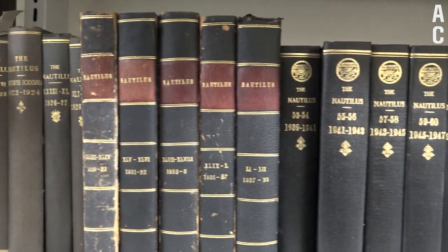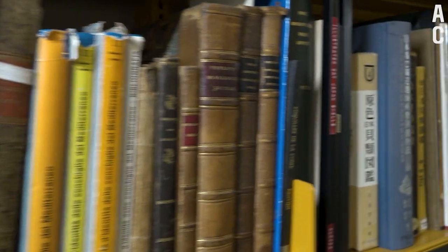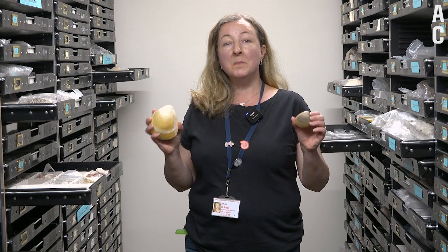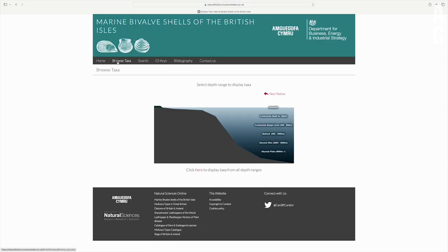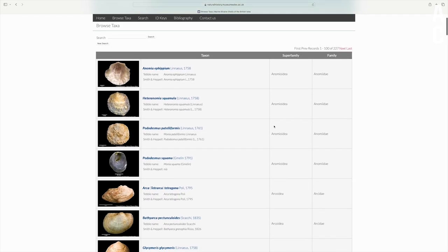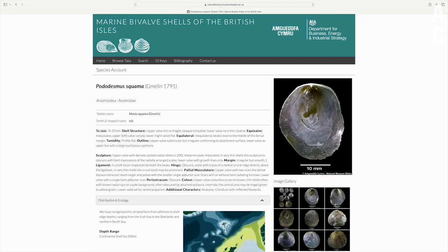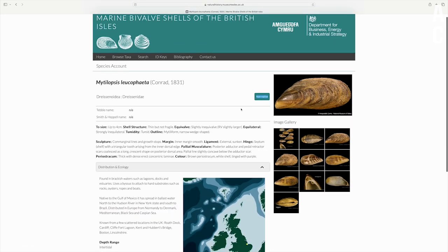Like all scientists, we publish our results in international journals. The museum has published over 1,000 papers on its collections-based research. A museum is the best place to compare one species with almost any other, and we have the most complete collection of Welsh flora and fauna in the world. We've used the collections to make several identification guides, which are used well beyond the museum. This, for example, is the go-to guide for British cockles, mussels and clams. We've even used them to produce guides for other countries whose biodiversity is less well known. We can also identify non-native species that have recently arrived in the UK and could become a threat.